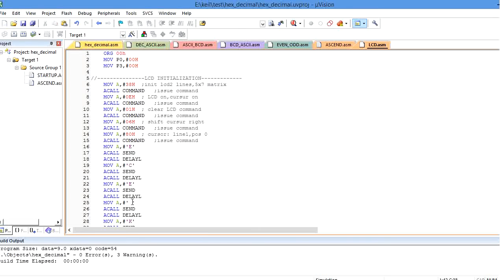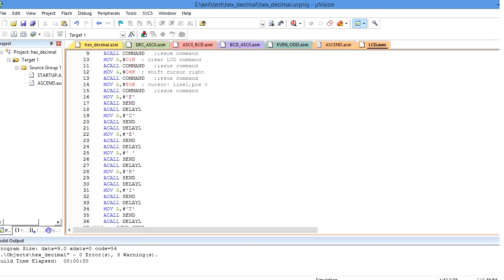ECE space KIT. I want to display the message on my LCD screen. So for the space I want to transmit, MOV A, #' ', in single quotes we represent this as a space here. I want to transmit this space value from the microcontroller to the LCD device. Next is KIT. Likewise, MOV A, #'K'. The K value I am going to send from the microcontroller to the LCD device.